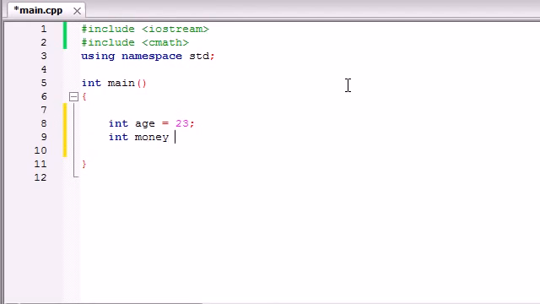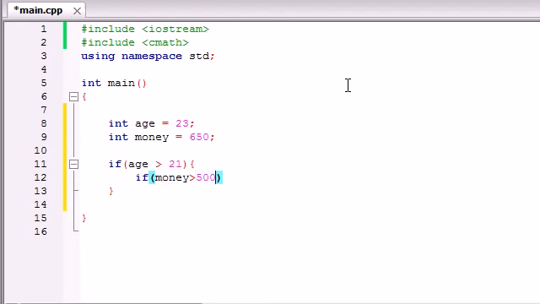And the next thing we're going to be looking at is how much money they have, because we don't want to allow poor people into our five-star nightclub. So let's say they need more than $500. Let's make this person have $650. So we can test this like this: if age is greater than 21 and if money is greater than, say, 500,